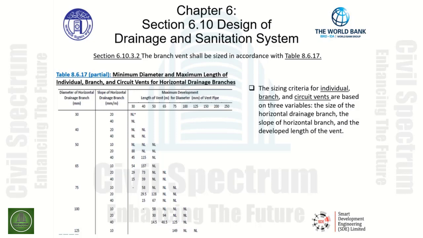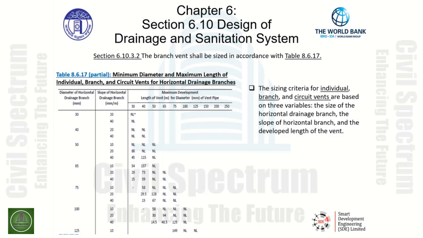This is a partial view of the table titled Minimum Diameter and Maximum Length of Individual, Branch, and Circuit Vents for Horizontal Drainage Branches. So the sizing criteria is very specific in this table, again for individual, branch, and circuit